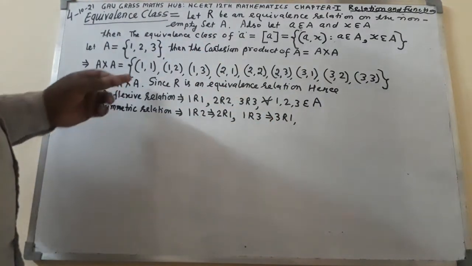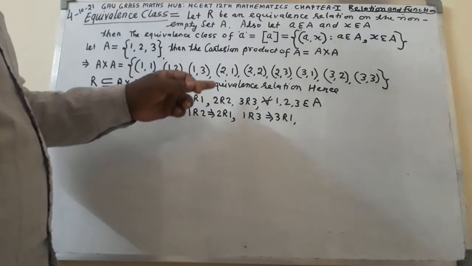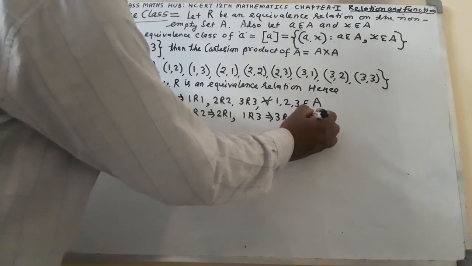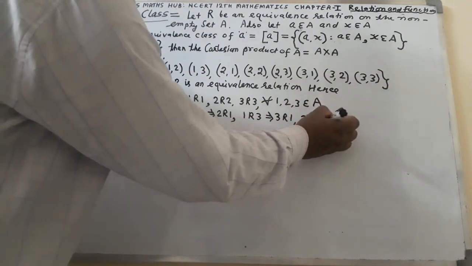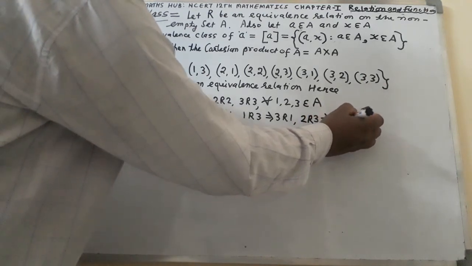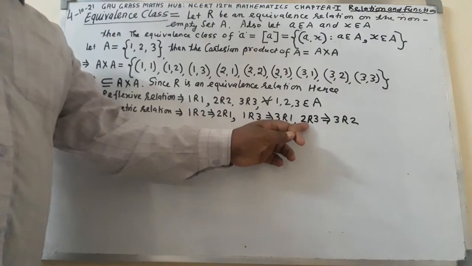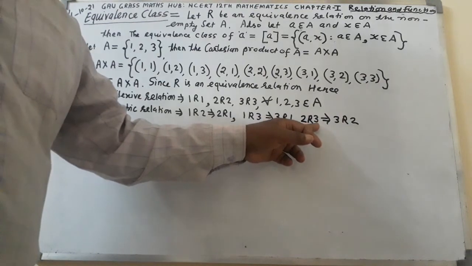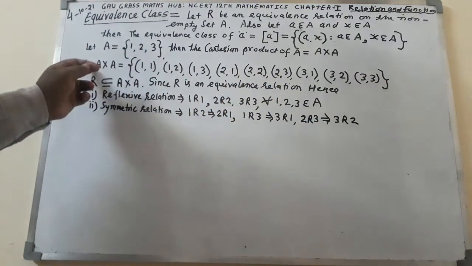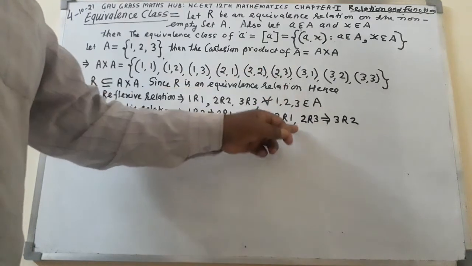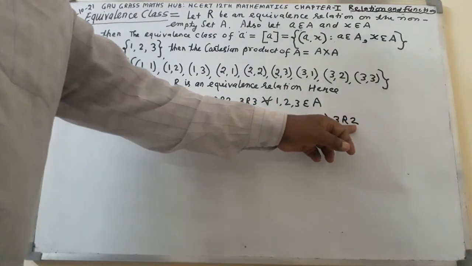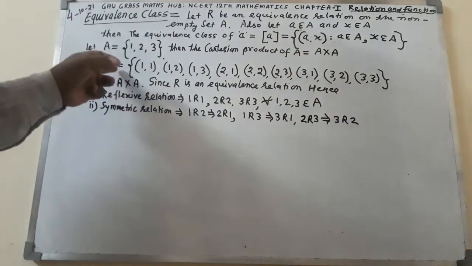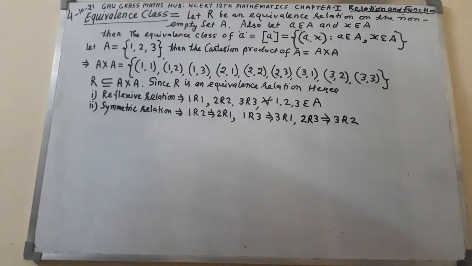Again I shall write (2, 1), (1, 2). Now take here 2 is related to 3, implied that 3 is related to 2. 2 is related to 3 means that the ordered pair (2, 3) must be there in the Cartesian product A cross A. (2, 3) is there. 3 is related to 2 means that the ordered pair (3, 2) must be there in the Cartesian product A cross A. So this thing we have got.